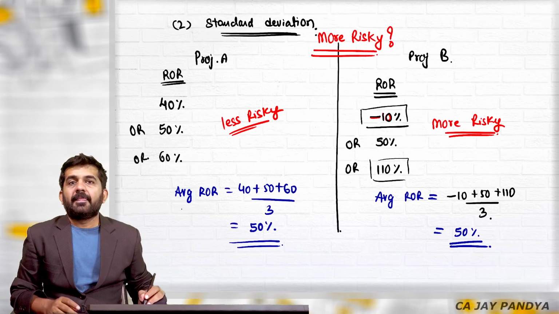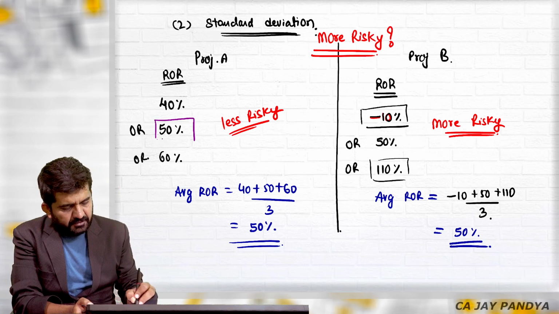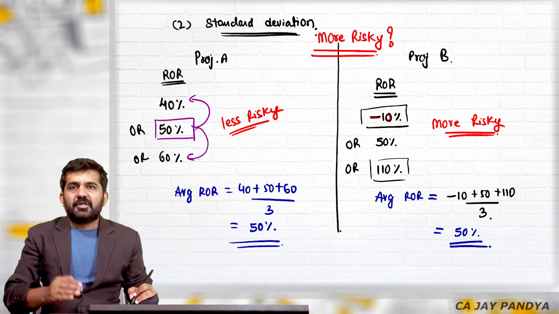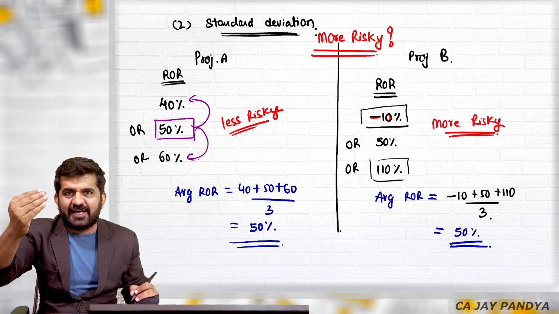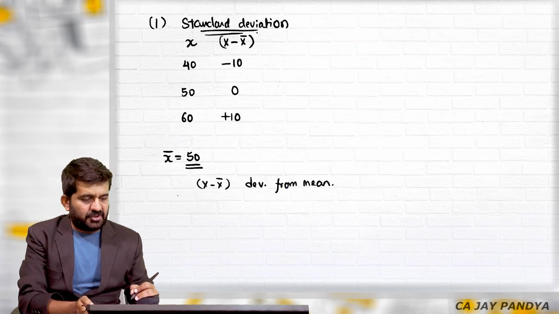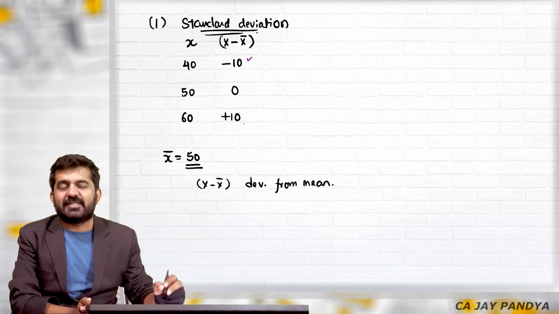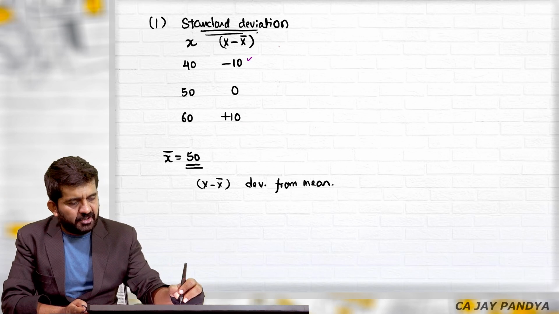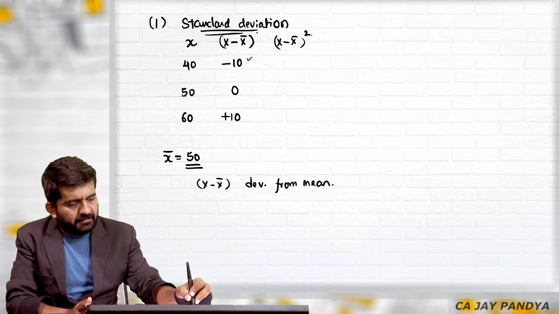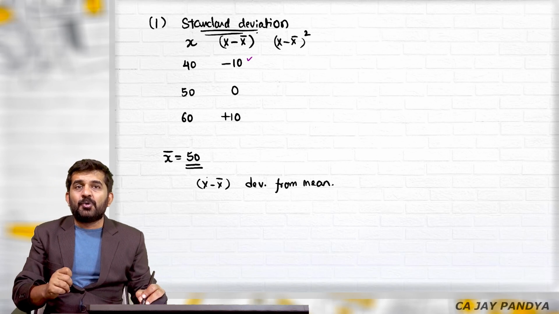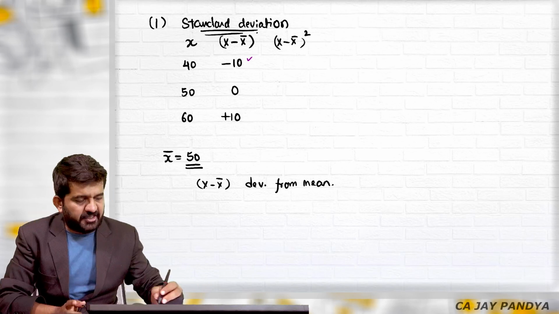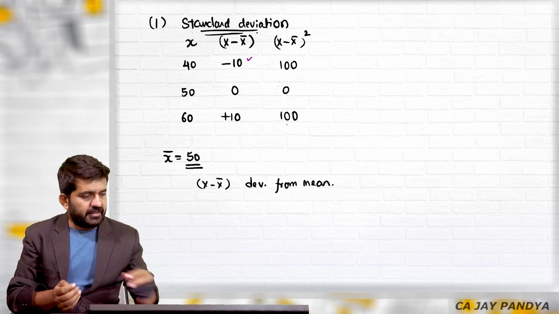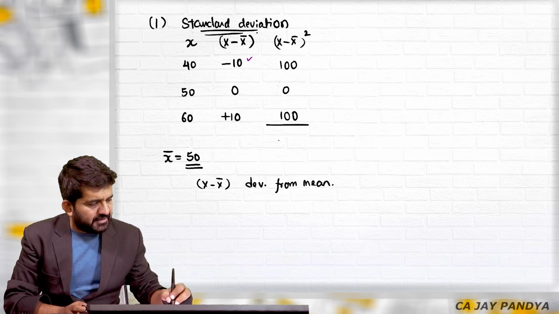So what I have done? I have taken the average and I have found out the distance from mean. Distance on lower side is also 10 kilometers, say, and higher side is also 10 kilometers. So see, deviation from mean is minus 10 and plus 10. But we are here not to find out a negative or positive deviation. So we remove negative and positive deviation by doing square. Once you do square of any number, it will always become positive because minus minus is plus. This will also become 100. This will also become 100. So sigma x minus x bar whole square is 200.